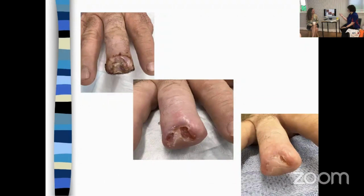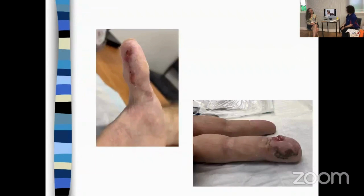And we need to be extra attentive to the wound care in Far North Queensland with humidity and people thinking they need to wash their hands all the time and putting their hands in places they shouldn't and getting dressings wet and things. So good education about wound care and things like that. So I'll show you some feet. There was the thumb. Let's see. Oh, your thumb. So there's a nice thumb that is